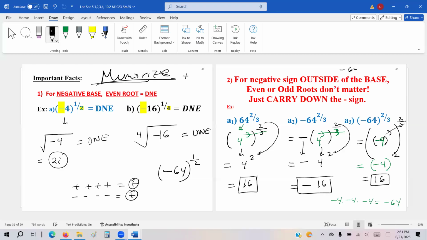No, because if you multiply positive 8 twice, it's positive 64. If you multiply negative 8 twice, it's positive 64. So what happened to the negative 64, our base? We can't find any number. So in this case, this doesn't exist in real life, but it does exist in the imaginary world. It's 8i. The negative turns into i, and square root of 64 is 8.